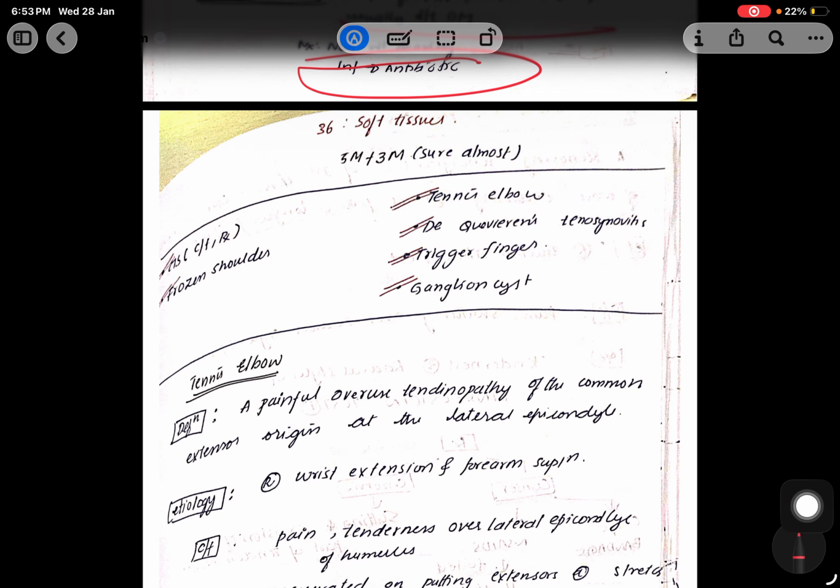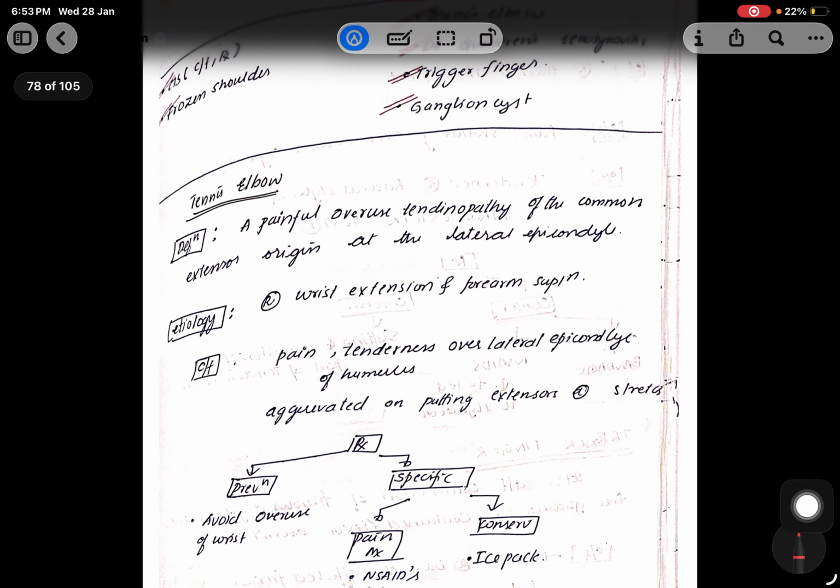In and out of the orthopedics OPD, you will definitely have someone with a joint soft tissue problem. Though you might feel it's a less weighted topic, it's important for you to study this part. Though there is nothing for me to explain here, tennis elbow is due to